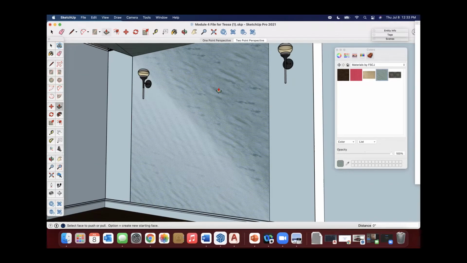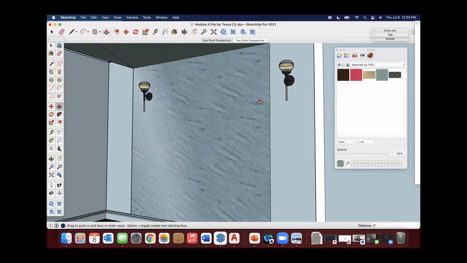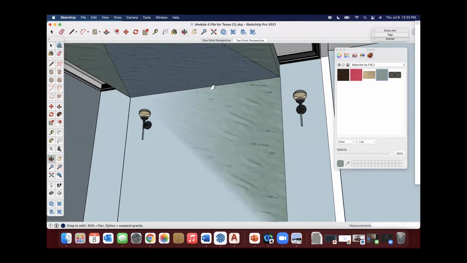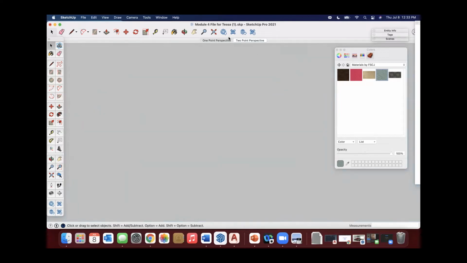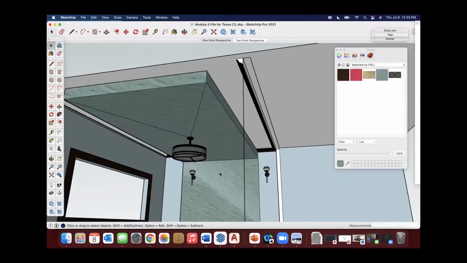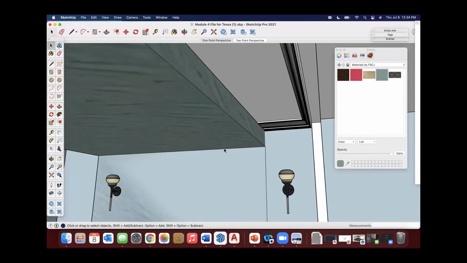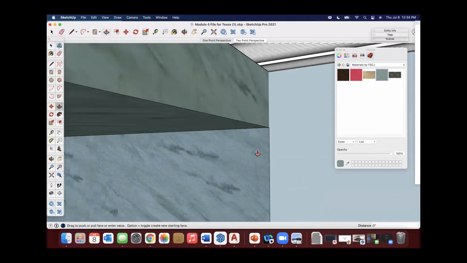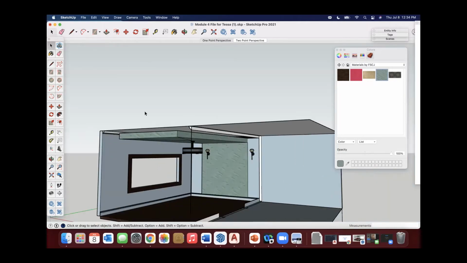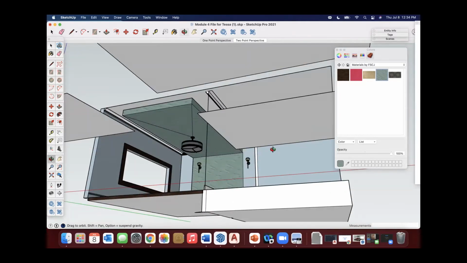But there's a little bit of an issue. When you go to do this, you're not going to be able to pull it out because its offset is limited. And the reason for that is because of these two diagonal lines. So the minute I take those diagonal lines and delete them temporarily, I'm just going to zoom extents. I can come over here because this isn't grouped and I can get to that face and push pull it just the slightest. I just need it to stop competing with that back wall. And now that flashing goes away.